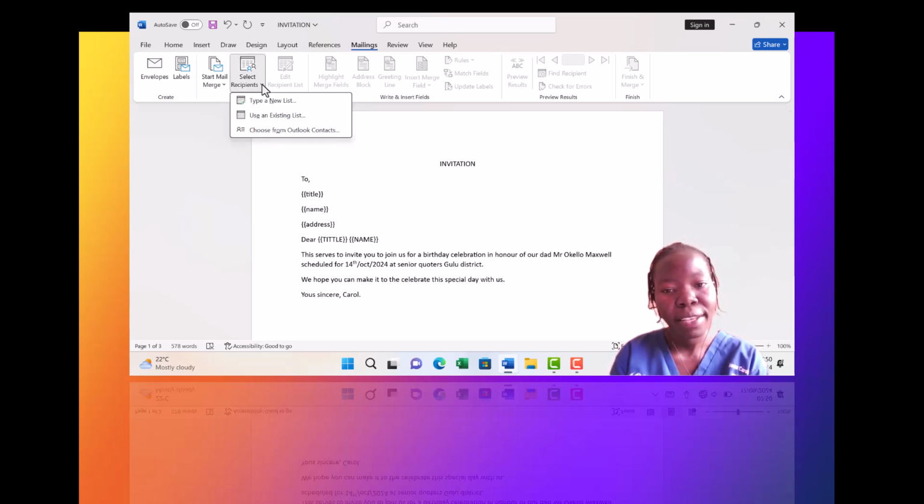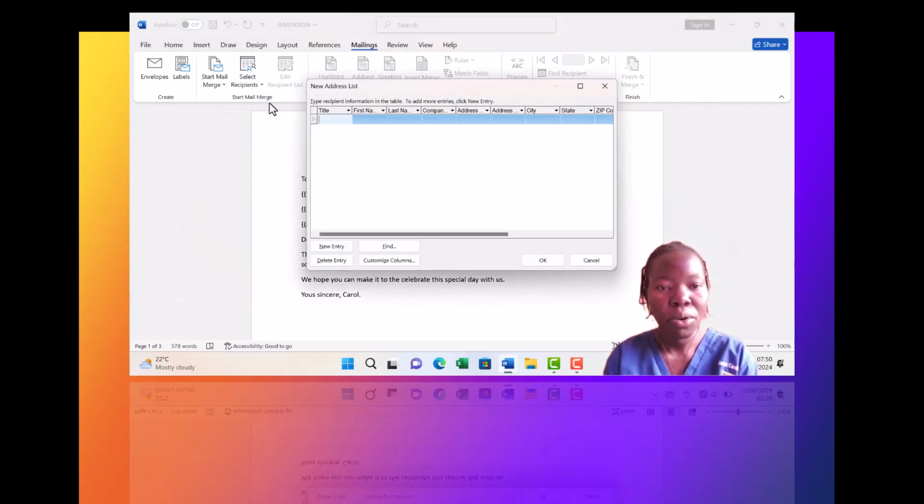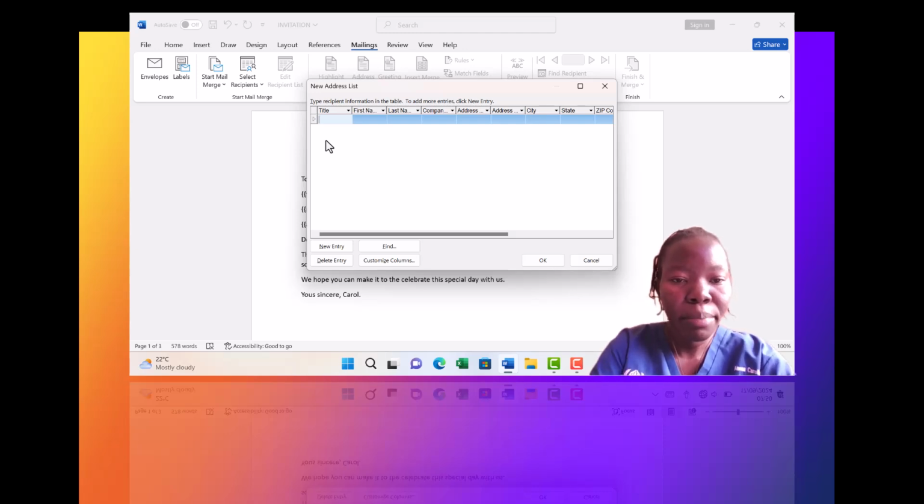If you already have an existing list, we basically use the existing list, but in this case, we don't have one, so we have to type a new list. So we click on new list and a table is going to appear. This is where we insert our recipients' personal details. The first one is